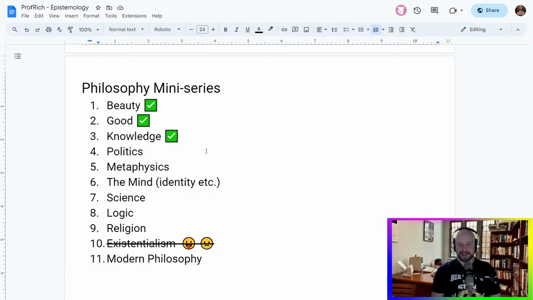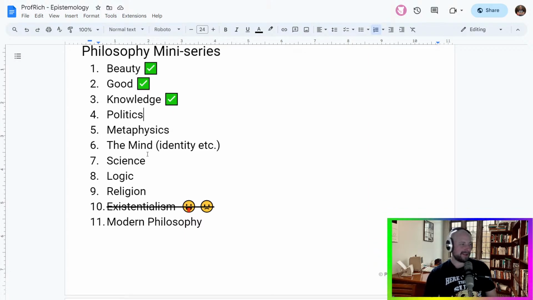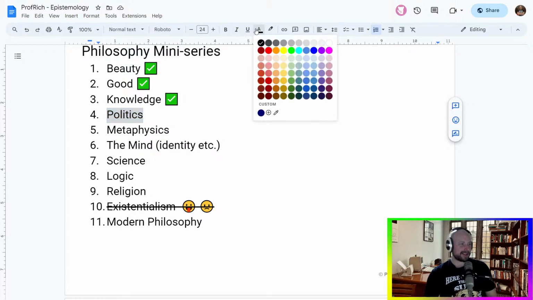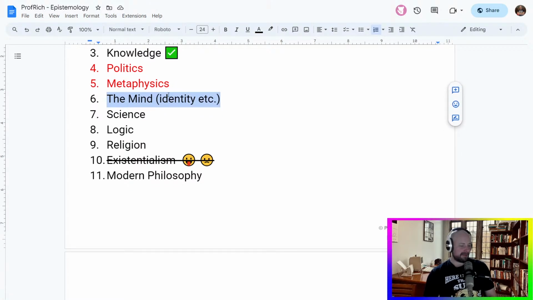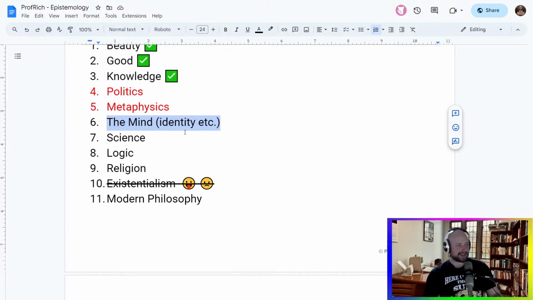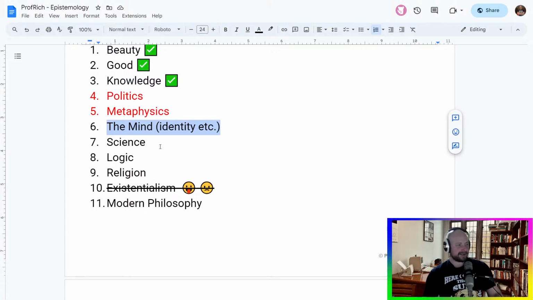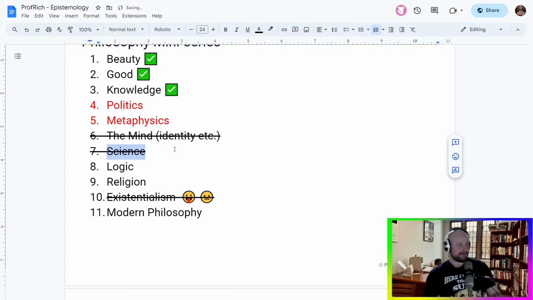Maybe we need to do animals or something on Saturday, and then we'll come back to philosophy. I'd quite like to do politics. I think that would be fun. Metaphysics, yes, but I think metaphysics will be really difficult. I'm not that interested in philosophy of the mind, actually. Yeah, maybe we don't worry about that one. I'm not really interested in philosophy of science. Logic, yes. Logic would be interesting.